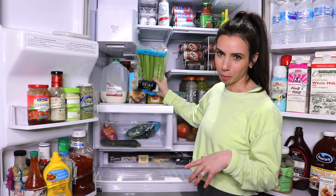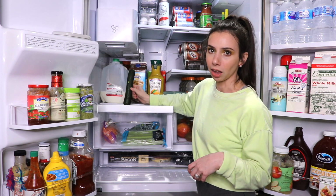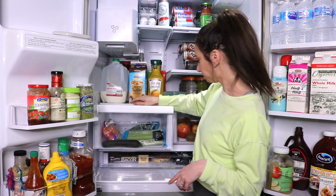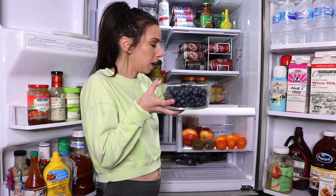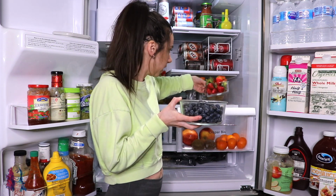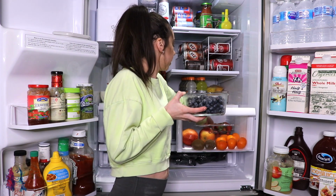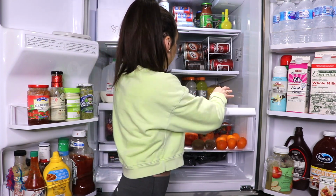Some celery. I think I want to make some tuna salad this week. Little petite carrots and 1 random zucchini that I need to cut. Once again, I keep some of my fruit in these OXO containers. They're glass. I keep my strawberries and blueberries in them,